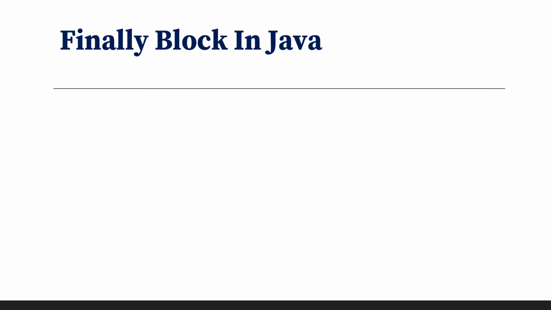But let's say we have a requirement, we are doing some file input output operation, or some database connection operation. If there is an exception, we want to execute some piece of code to close this connection. So basically the finally block gives the guarantee that the piece of code we have put inside the finally block is always going to execute, whether the exception occurred or not. So basically the finally block is useful when we want to perform some operation always, irrespective of whether the exception occurred or not.